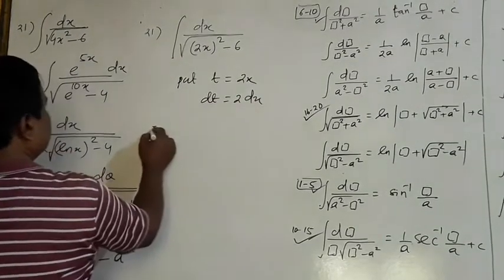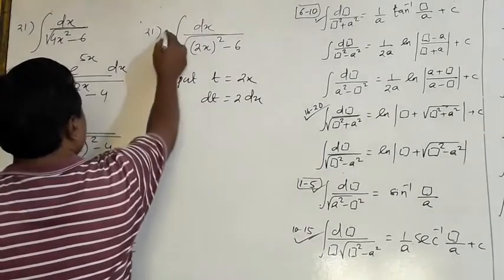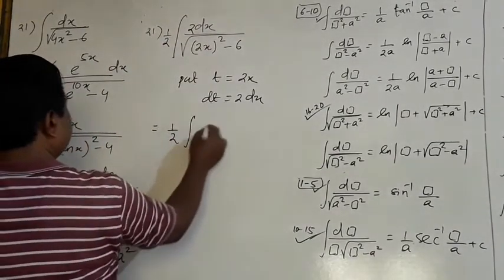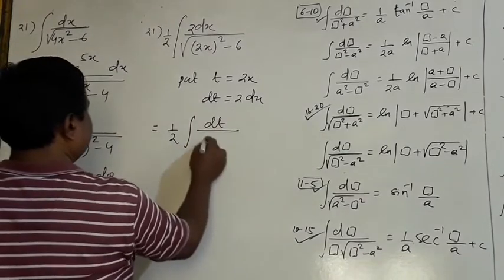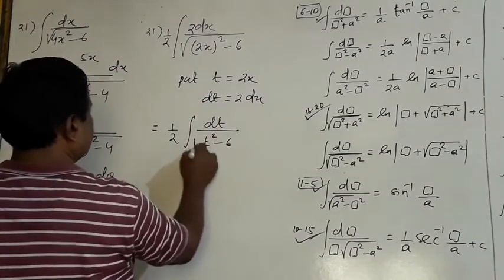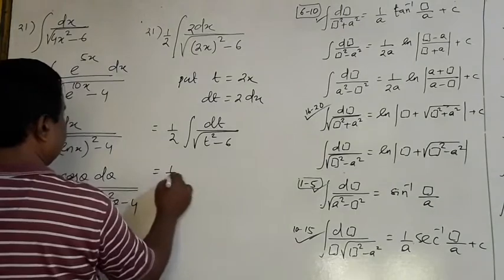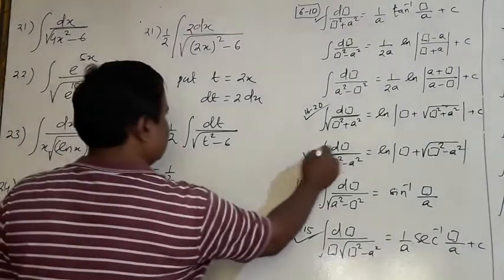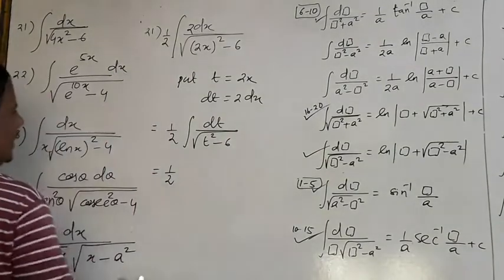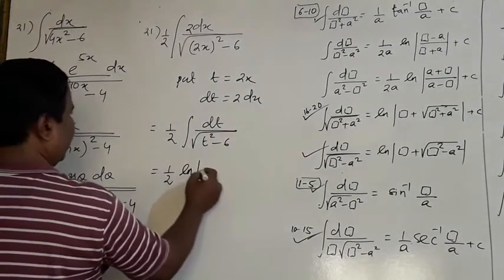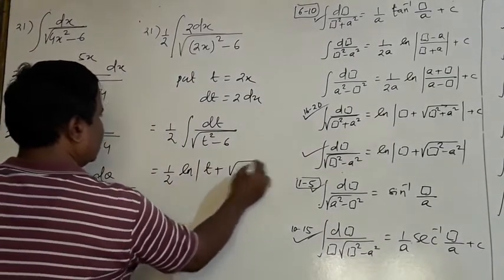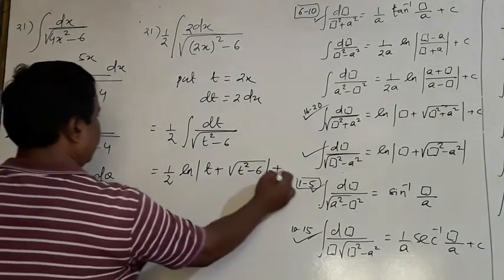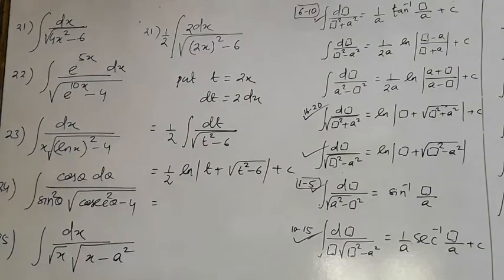It becomes 2 dx. So you have to multiply 2, and you have to write what? dt by t square minus 6 root over is equal to 1 by 2. Whose formula is this? It is here. It is ln t plus t square minus 6, and you have to put the value of t in its place. Okay,